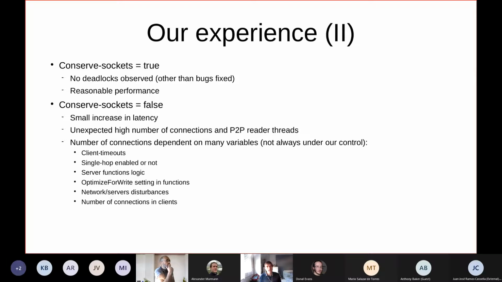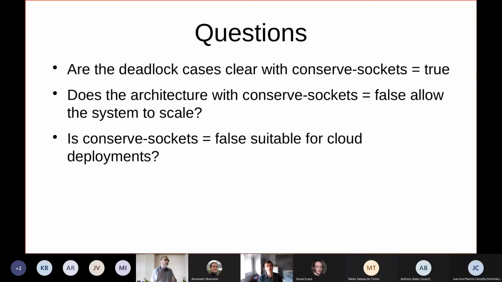So from this experience, we wanted to also create some discussion and share with you some questions about what we see about conserve-sockets. And these are our questions. The first one would be if the deadlock cases are clear with conserve-sockets set to true, because we have seen in the documentation that you are at risk of running into distributed deadlocks if you set conserve-sockets to true with one replication and